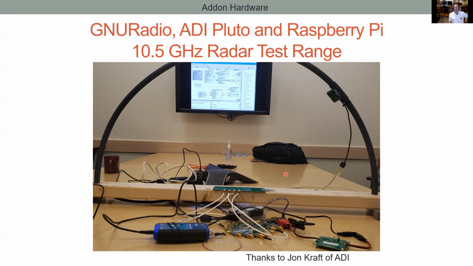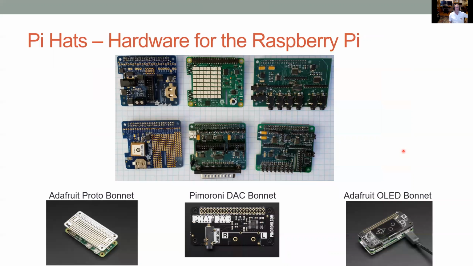But I sort of like this version because it shows some of the fun hacking you can do with the Raspberry Pi. These are some hats for the Raspberry Pi that you might have. On the smaller hats, really for the Pi Zeros, they're called bonnets. So you can see you can have many different bonnets to put on. You can make a nice little audio DAC or have an OLED display or something like that. And in this case,